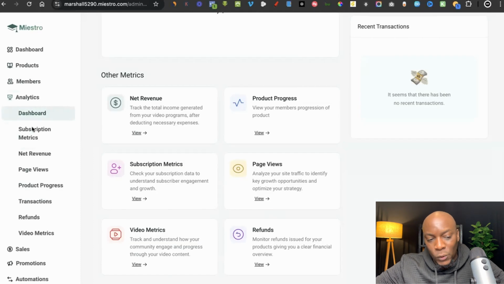You know that all these banners also appear here to the left, meaning that you can see each of these in more detail. For example, if I go to page views, I'll be able to see everything that I need to know about that. Then next comes the option for sales.